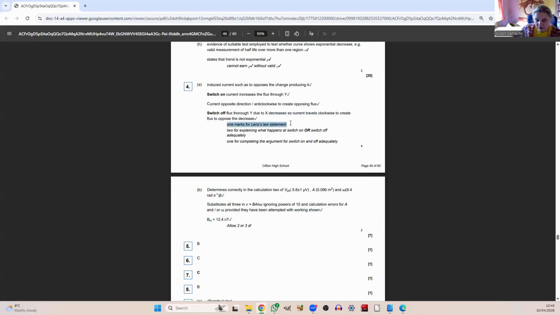Can you see? And 2 for explaining what happens at switch on or switch off adequately, and 1 for completing the argument for the switch on and switch off adequately. So you get 2 for explaining when you switch it on, or if you explain when you switch it off, and you get 1 for explaining that it's the opposite when it goes on to when it goes off. So can you see this is the logic of it. Those 4 marks are, because this was an explain, remember? The key fact is Lenz's law